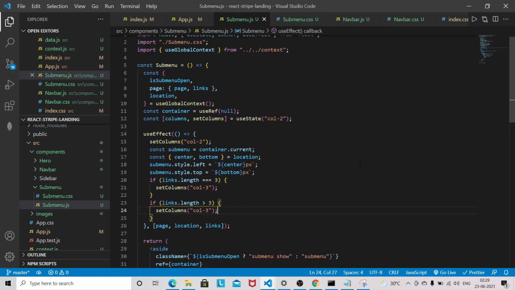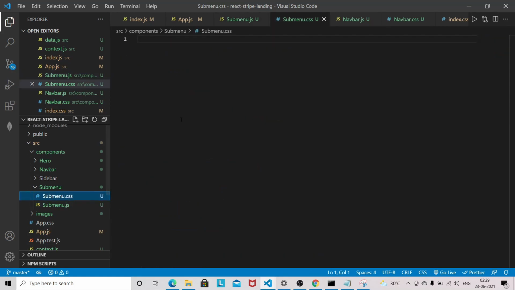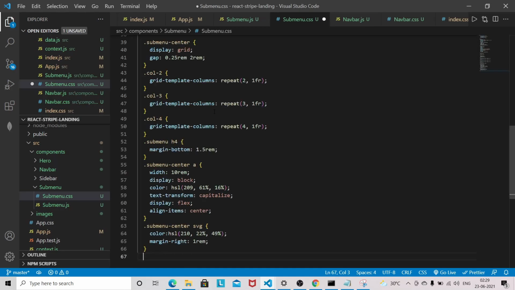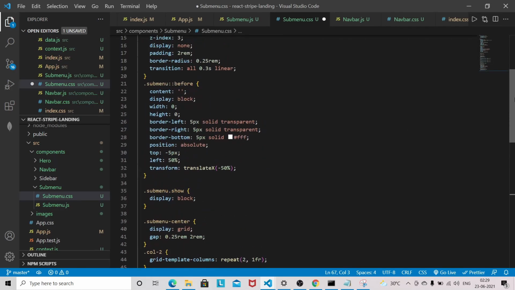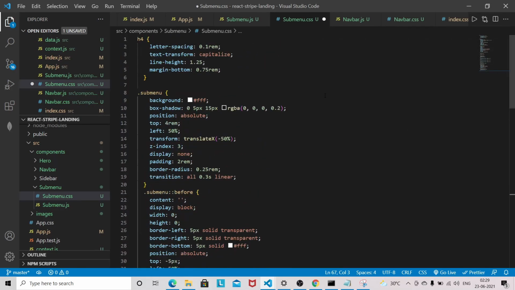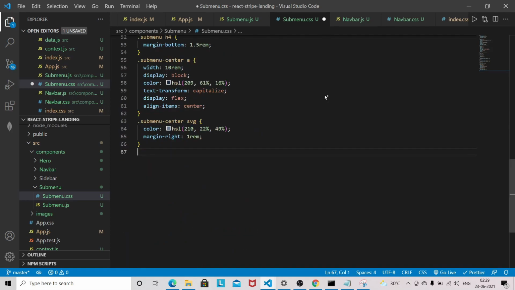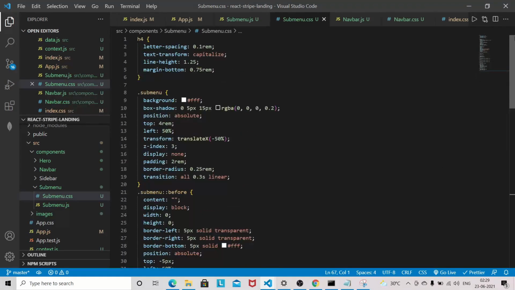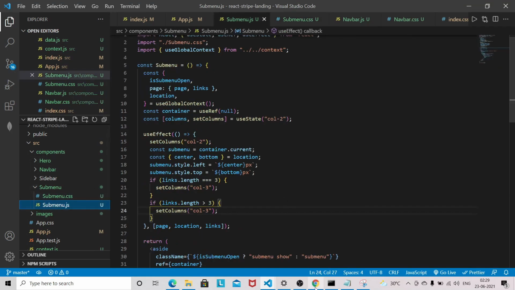Now we have to paste the code of this file into the submenu.css file. So I will paste the CSS code here. So I just paste the code here, as you can see, and I am going to do a format here, and let's go into the browser.